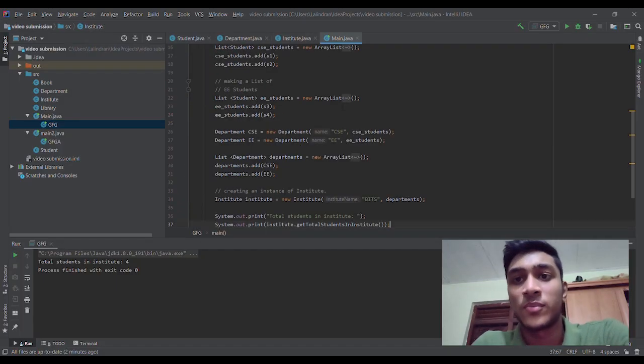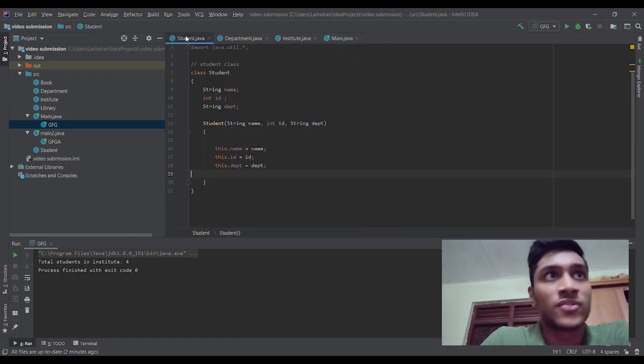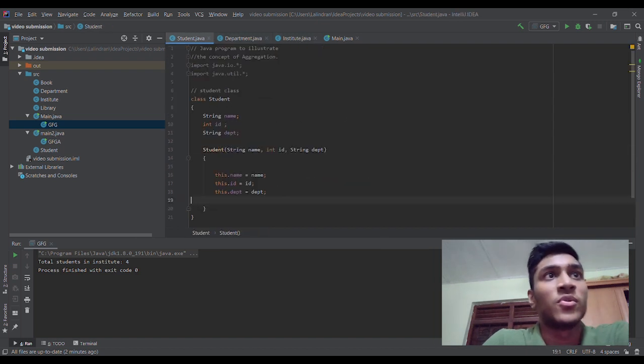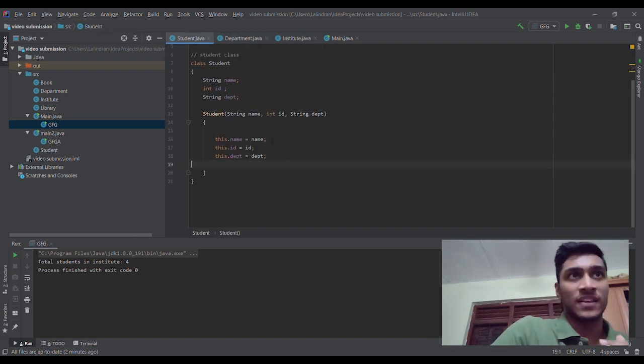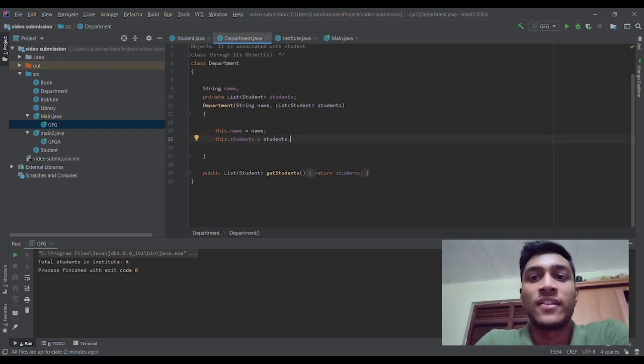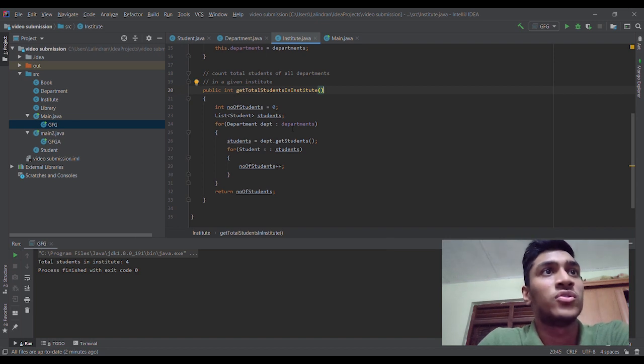Right, okay, so I'm going to explain aggregation again in an example through code. I have 3 classes here. One class is student, the second is department and institute, and the main program. I'm going to give just a basic explanation so that you understand the term aggregation. I'm not going to go into detail of this program here, but basically what you need to know is that